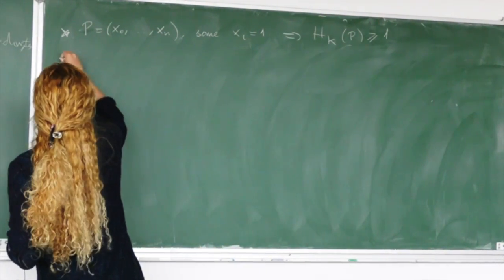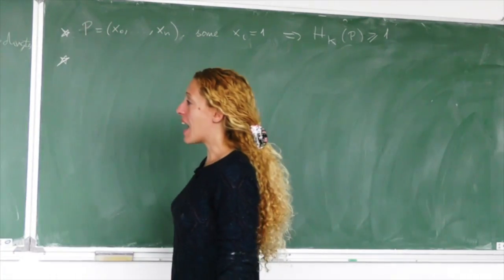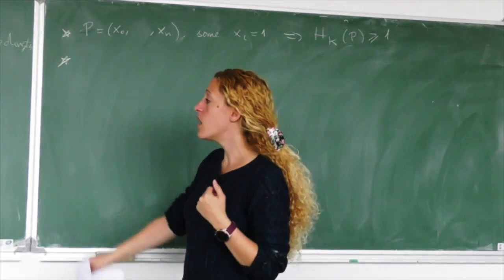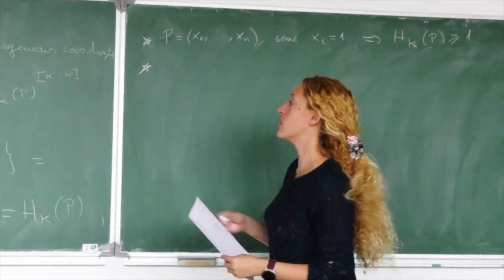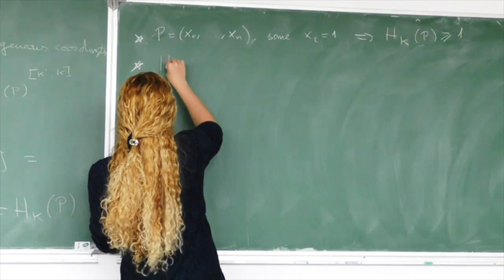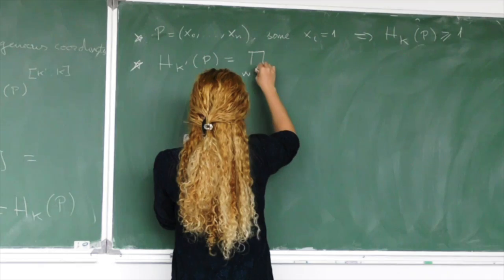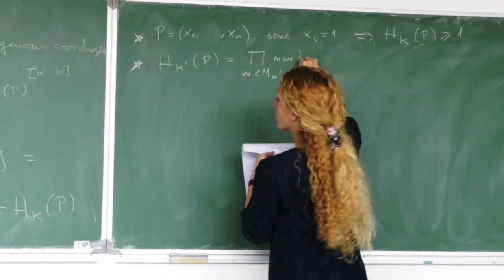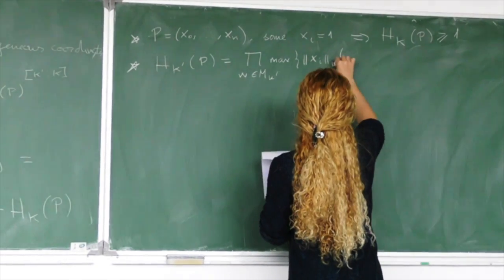Easy. Now, the third point. So we want to check this. And actually, this is going to be, again, a consequence of the other main result that we saw last time. We have just used the product formula, and now we're going to use the degree formula, and it's going to give us this. So the only thing that you have to notice is that this is equal to this product, right? To the maximum. So let me write it in this shorter version.